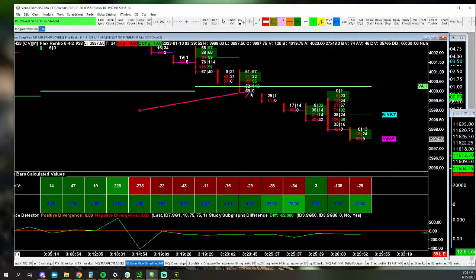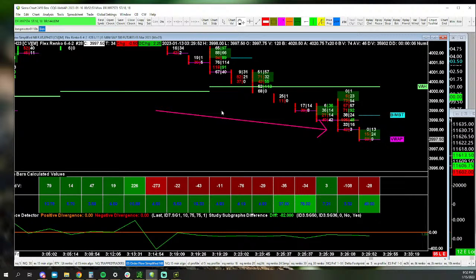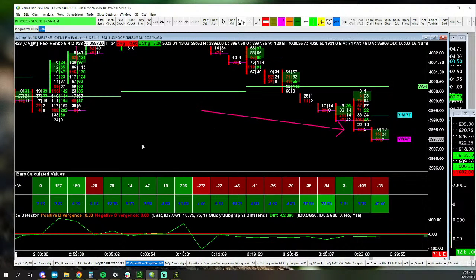Now, it's not always one tick below, right? But what you can see down here is there's a negative 108 delta, right? So you've got a ton of selling here on the bid. Well, why would that be? Well, most likely it was a support, right? You don't even have to look at the big picture. There's no other reason for that. So if you look to the left, oh, what do you know? It was a support and they got under it, and that's why they put all that volume in, right? Once you understand some of these things conceptually, you can just watch the market and see it.